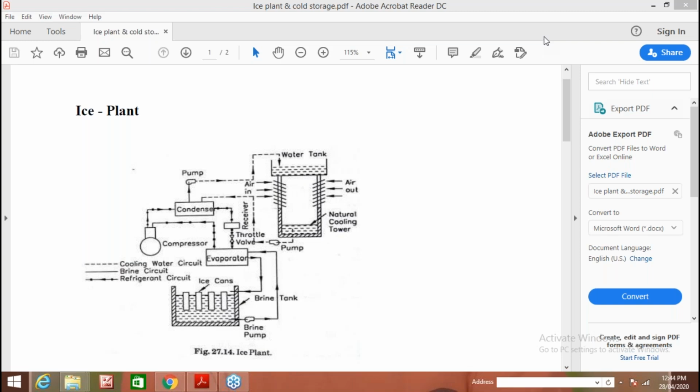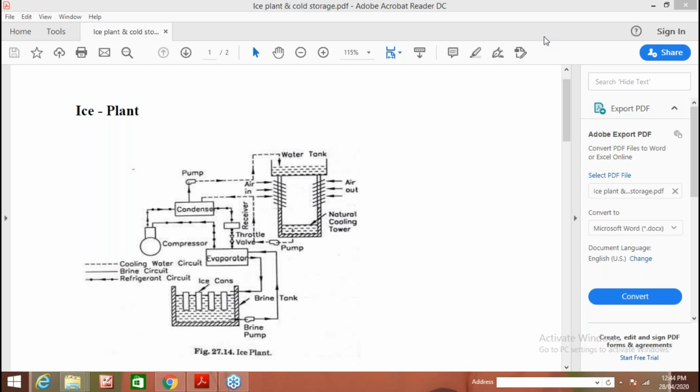Now after ice formation, these ice cans are put in water with a temperature of almost 23 degrees Celsius and the ice blocks are taken out from the ice can. If it is cold water, then there may be a chance of cracks in the ice blocks, and at a lower temperature it is difficult to take out this ice. Okay, so the temperature should be maintained whenever we want to take ice from the ice can. Yeah, so it is very simple.